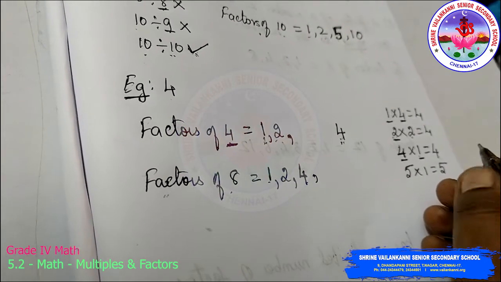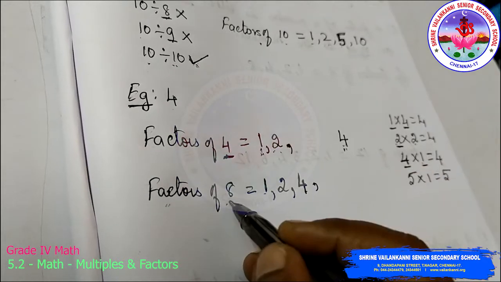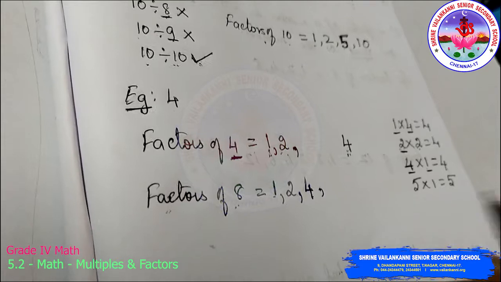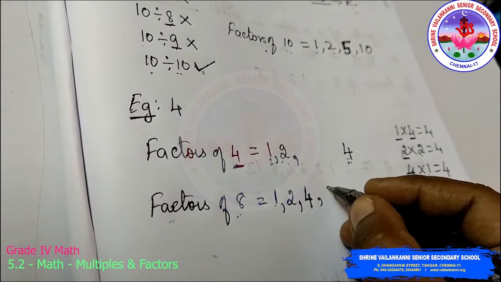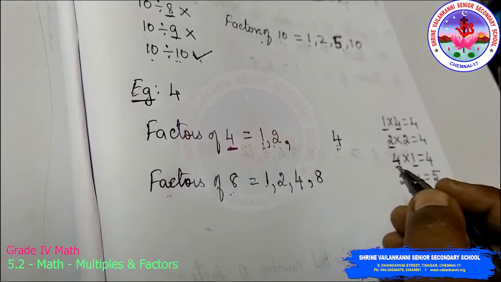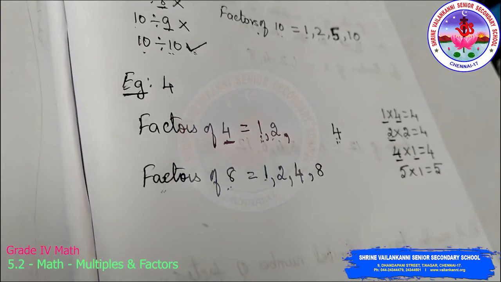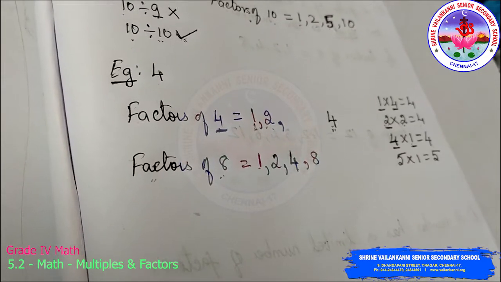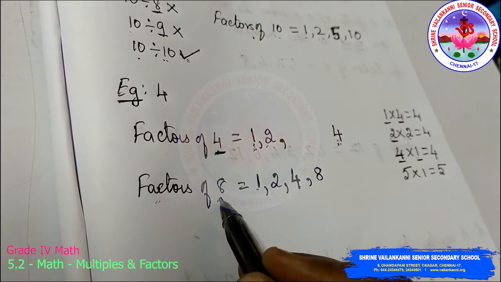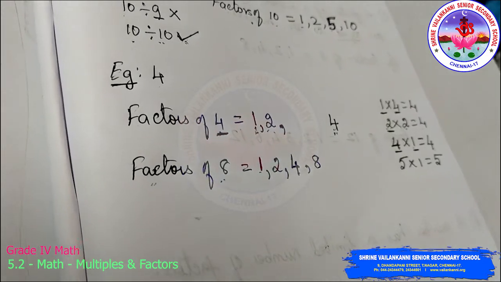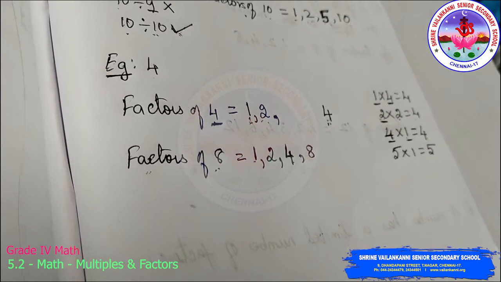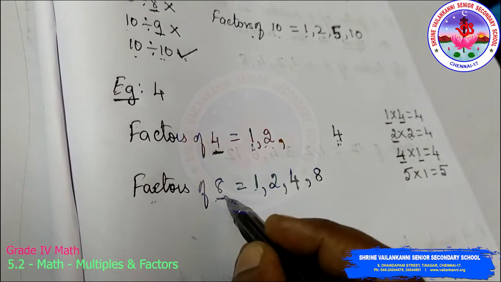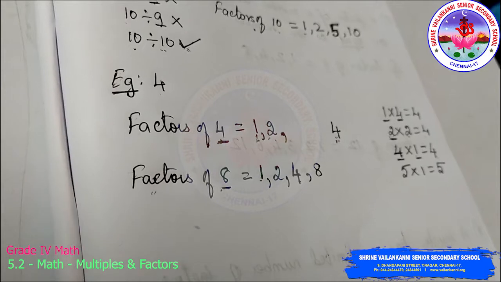7 table, 7 table also I will not get 8. 7 ones are 7, 7 twos are 14. And then 8 table, yes, 8 ones are 8. So in 8 table I will get 8 as a multiple. So do I want to check with the next number 9? 9 table, 9 ones are 9. Obviously this 8 will become smaller than the 9. So I don't want to check it more than 8, because whatever the number we are going to find for the factor, you can just stop with that particular table.